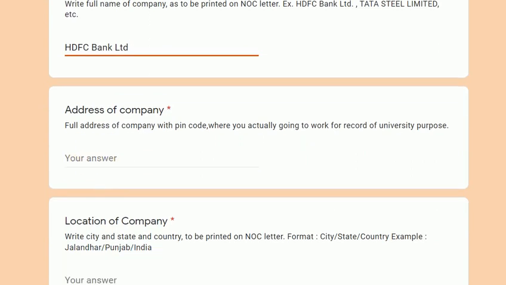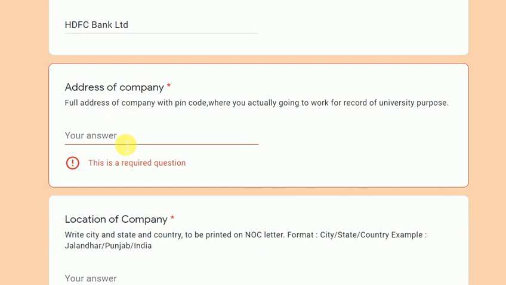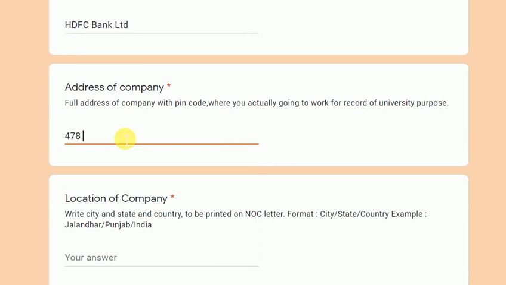Then a very important thing: where you are going to do the internship, you need to clearly mention the address. Like you can write 478 SCO, plot number 23, Urban Estate Phase 2, Delhi, pin code 14400 or something like that.